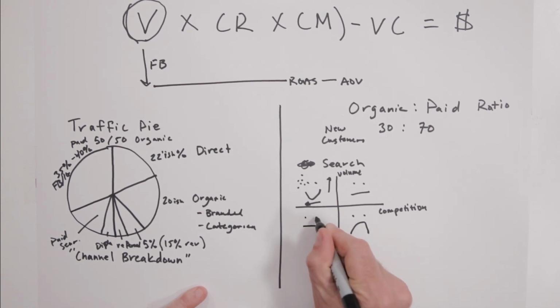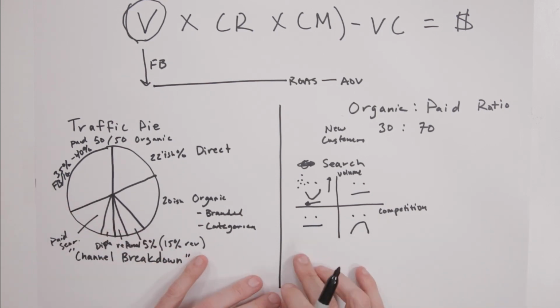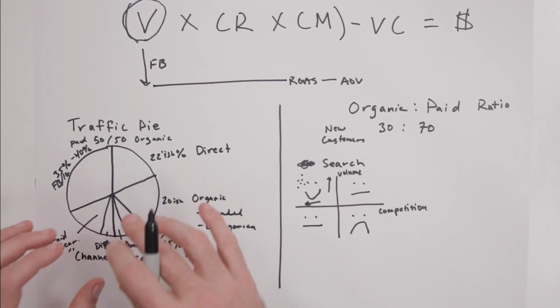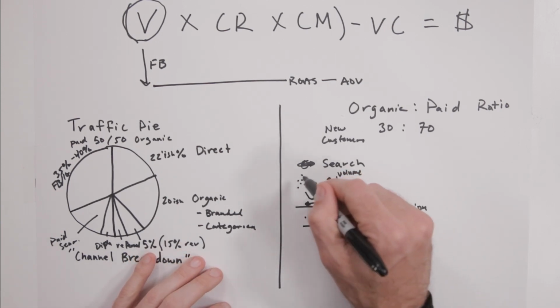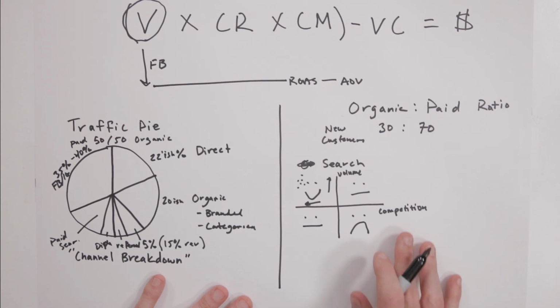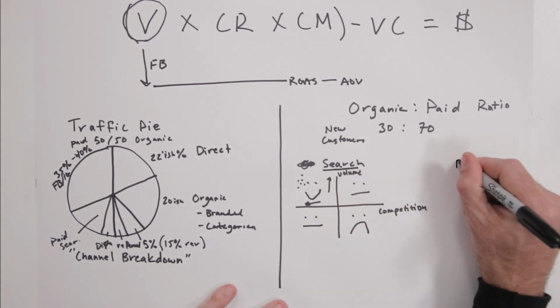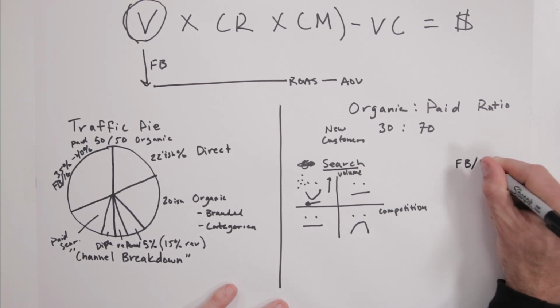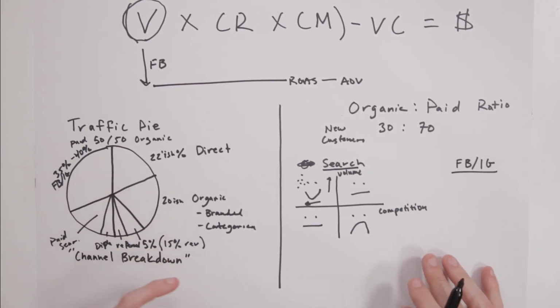Now, if you have low volume, low competition, that's similar to this quadrant, where we think of that as an opportunity, but it's not going to make a meaningful dent as you continue to scale up. So if your business exists in this quadrant, high volume, low competition, and there are lots of tools, SEMrush, etc., that can help you determine where you fall on this with your set of keywords, this helps us think about the viability of search as a channel. Of course, we're always going to consider Facebook and Instagram from the advertising component. We're going to go in and do a breakdown of the traffic opportunities.